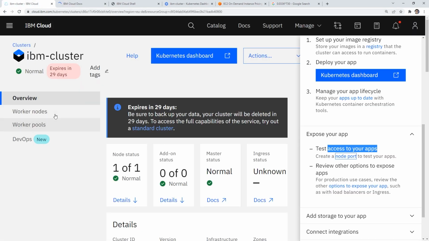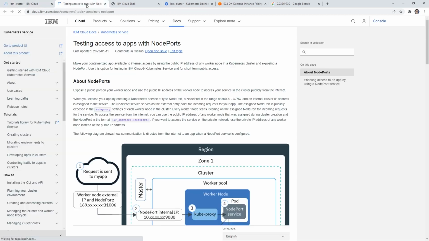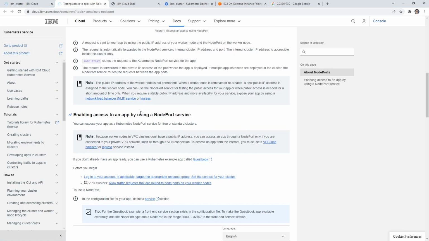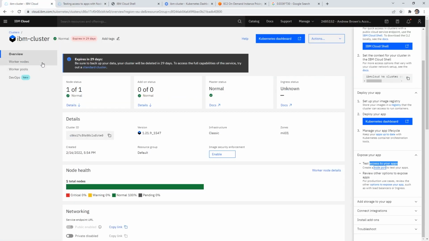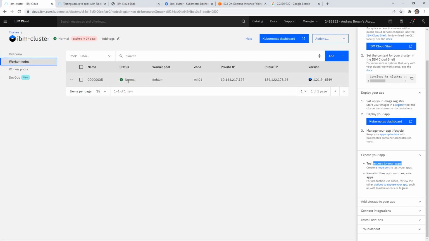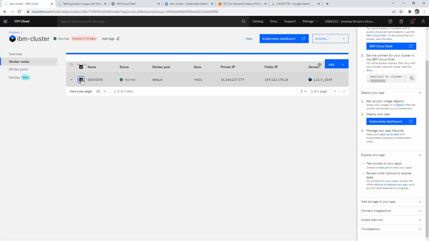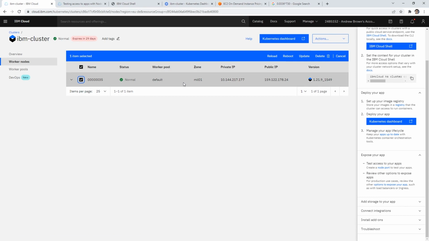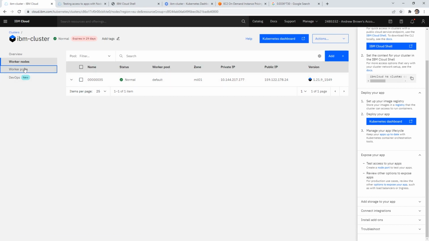I'm just curious if they have anything built in. I was thinking maybe we'd go to the worker nodes, like how we saw in GCP. No, it's just instructions. Okay, so if we go into worker node over here, can we click into this or configure it? No. If we go to the worker pools,